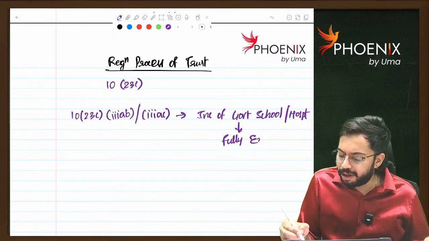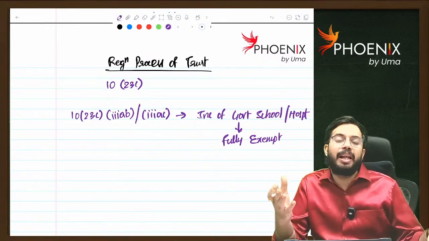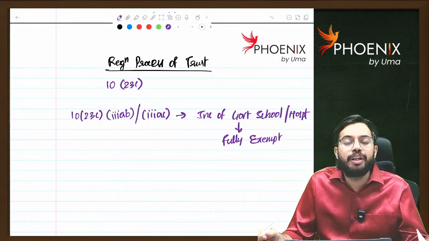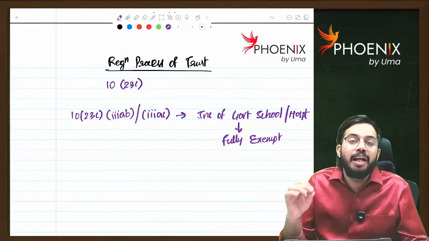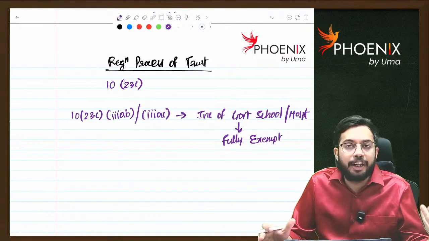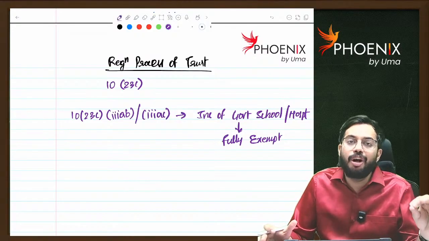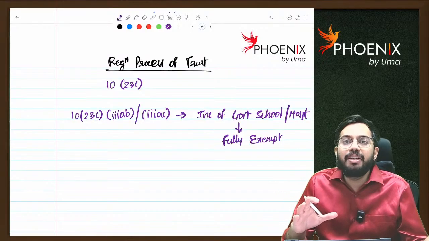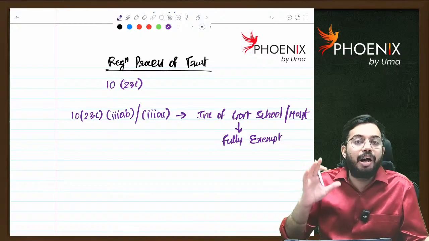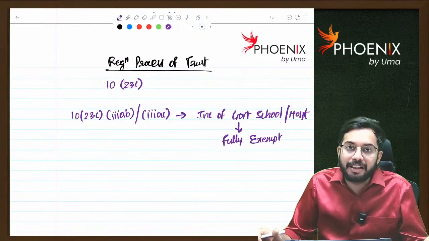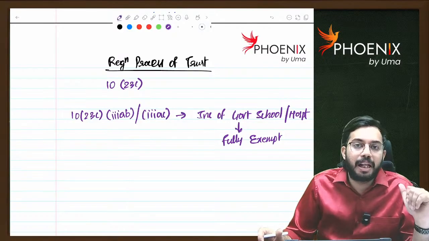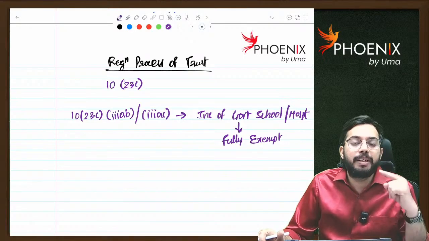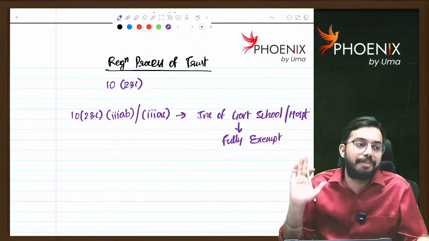When do we call an institution or hospital a government institution or government hospital? When any hospital or institution is substantially financed by government. Substantially financed means what? Whatever government grant they receive is more than 50% of total receipts. Such an educational institution or hospital we call a government hospital or government educational institution. Income of a government hospital or government educational institution is fully exempt.